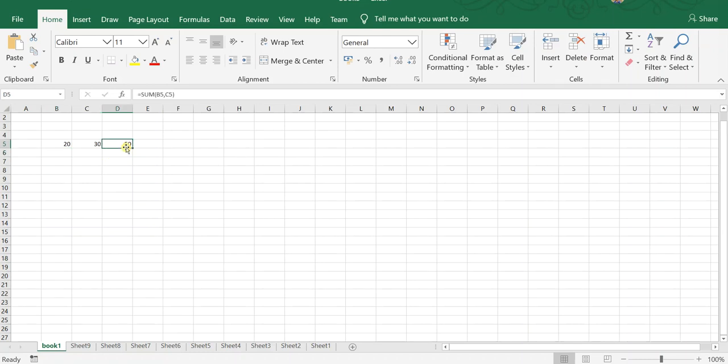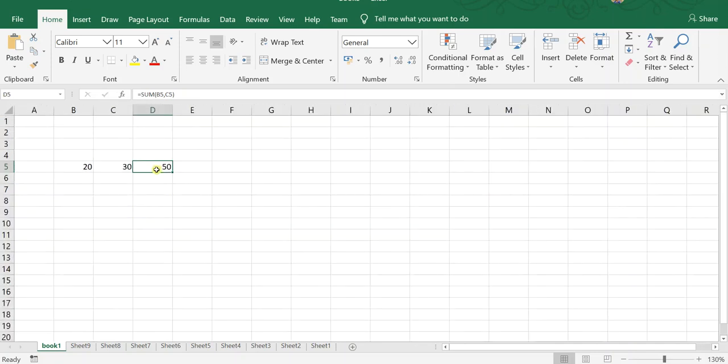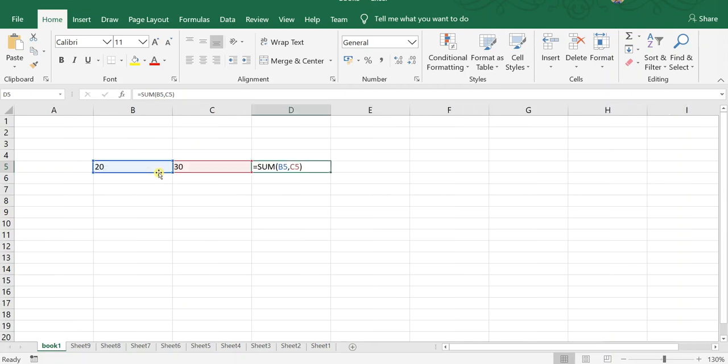So in D5 I have written some formula. If I want to view that formula, you can just click here and see it in the formula bar. The other way you can see it, if you want to view the formula in the worksheet only, is to just press Ctrl and tilde. Suppose I have n formulas in the worksheet, I cannot view them at a time on the formula bar.